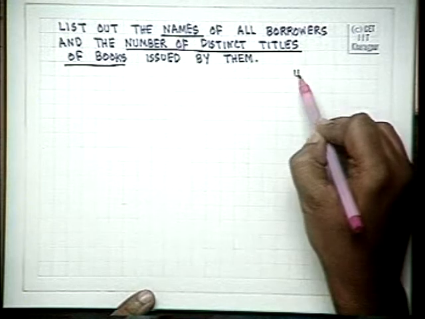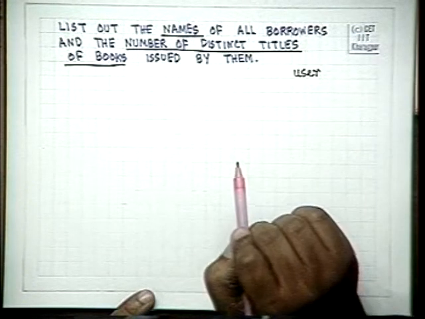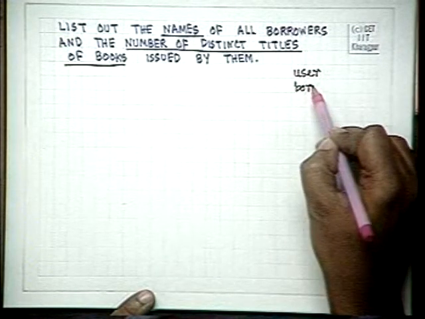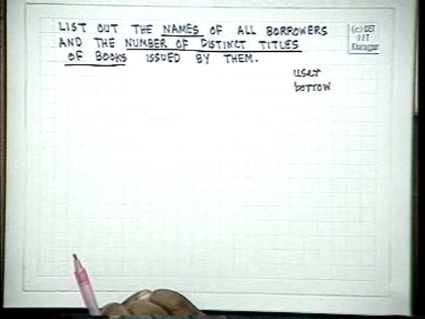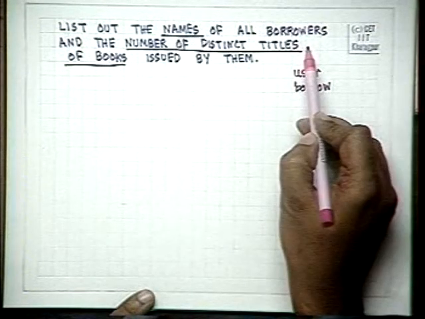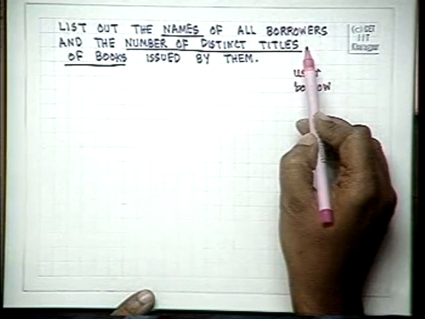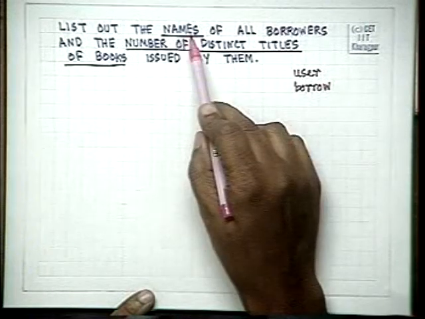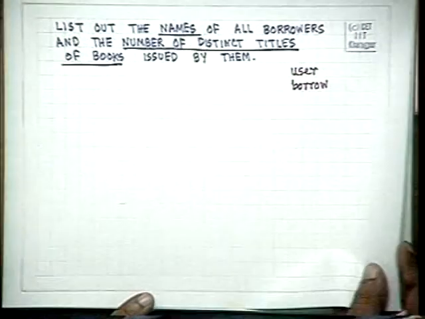We will require the user relation, and we will require the borrow relation to get what books they have borrowed, and that is not sufficient because we are asking questions about titles. Suppose we are bothered only about the distinct books issued by a particular borrower, then it's fine. So let us tackle that problem first, then we will come to this problem. So we are now first tackling the problem of we want the names of all borrowers and the total number of books issued by them. That is what we want.